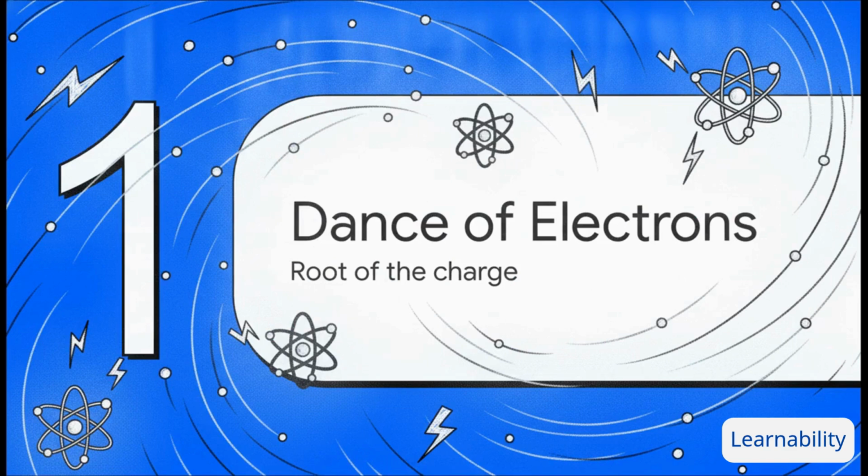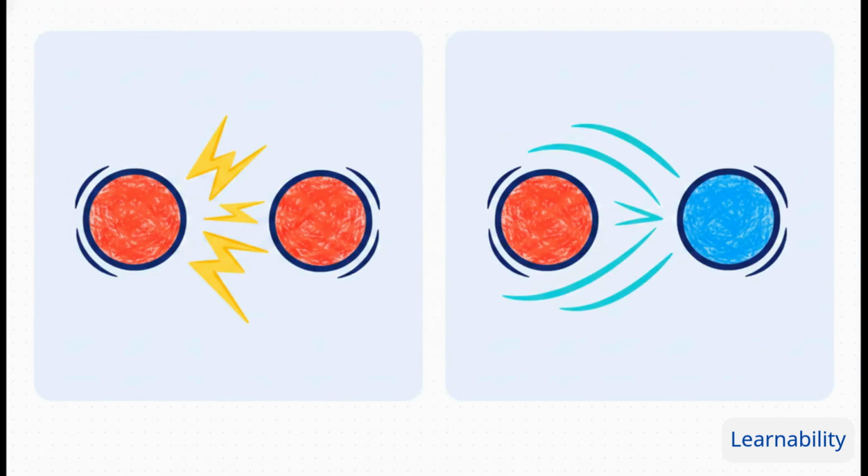Section 1. The invisible dance of electrons, uncovering the root of the charge. You see, electrical charge is a fundamental property of matter, and it operates on some very strict kinetic rules. When you have two charges of the exact same kind, like say two positives or two negatives, watch them violently snap apart. They repel each other with this sudden, invisible force. But if you place two different charges near one another, one positive, one negative, they smoothly, magnetically glide together until they connect. Snap apart, pull together. That push and pull is the engine driving this entire phenomenon.